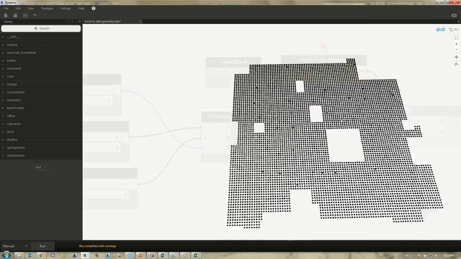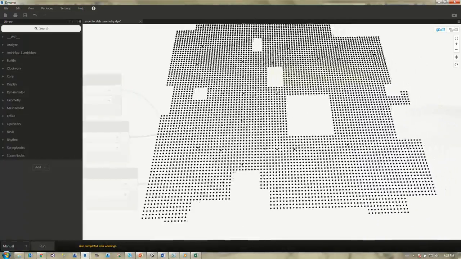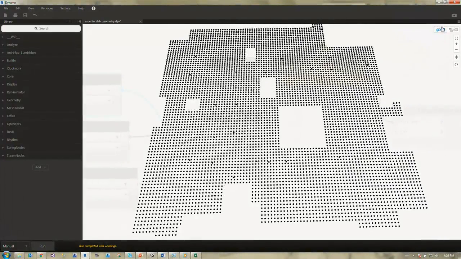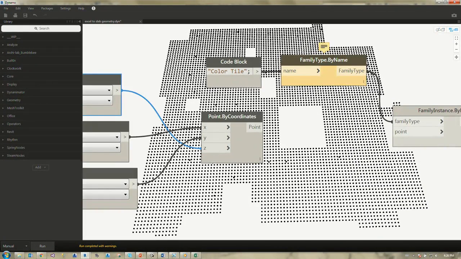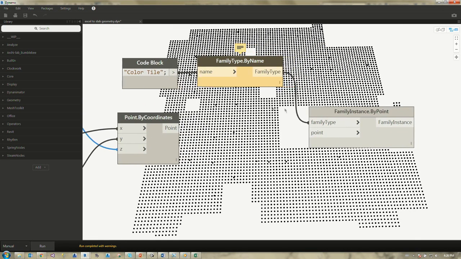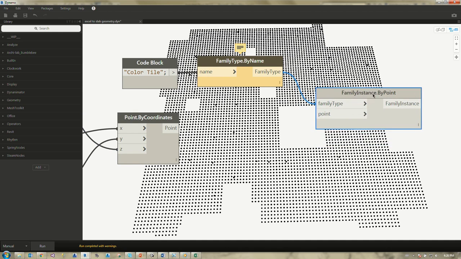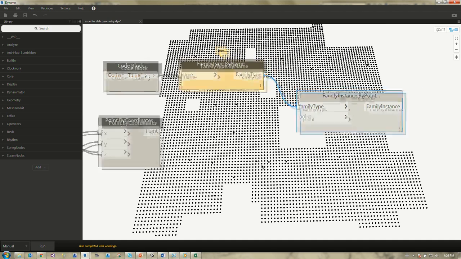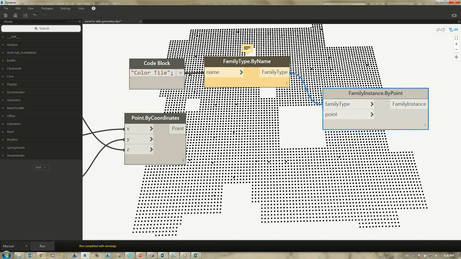This is our slab. It's coordinates for our slab in Dynamo, which is pretty cool because that's 24,000 data points just rendered really quickly. And if I wanted to, I could plug it into this family instance by point, give it this family object I call color tile, and we could start watching my computer spin. And it would start chugging these things through here. What I'm gonna do,